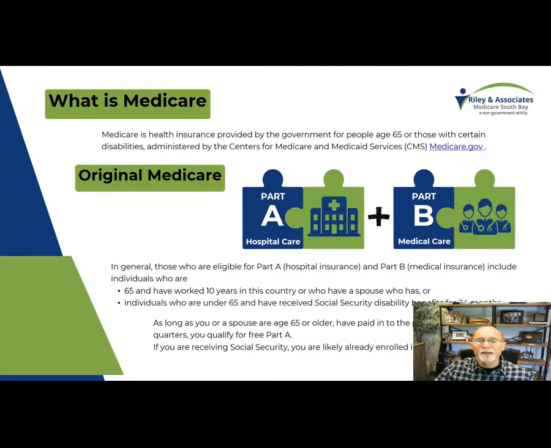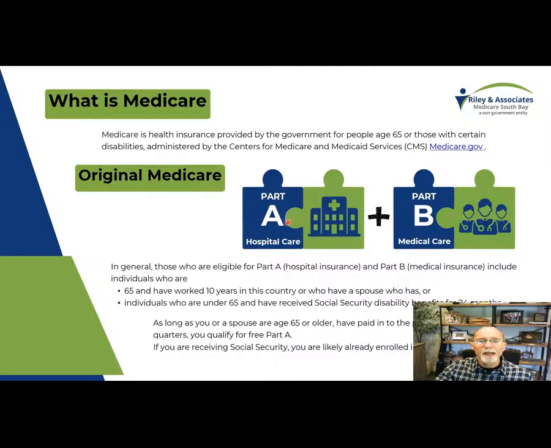Now, Medicare has 4 parts, and we'll begin with Medicare Part A and Part B, which is also known as Original Medicare. So you either enroll 2 to 3 months prior to age 65 or later when you retire or come off your large group employer plan. So Medicare Part A here is your hospital insurance. This covers inpatient stays and skilled nursing. Part B is your medical insurance. This covers things like doctor visits, labs, x-rays, and diagnostics.